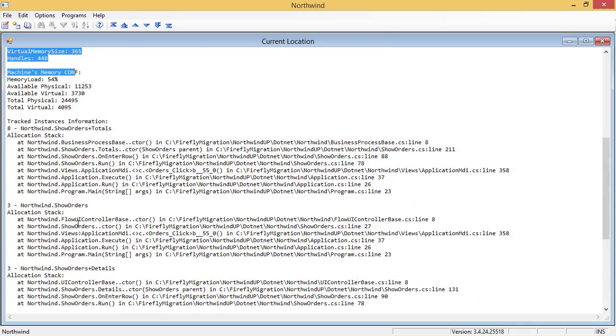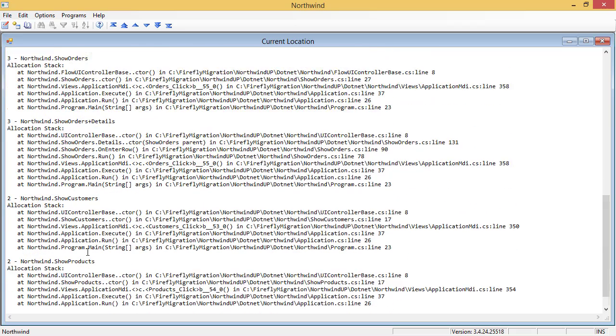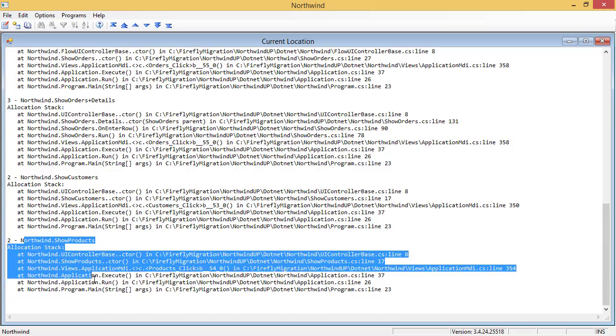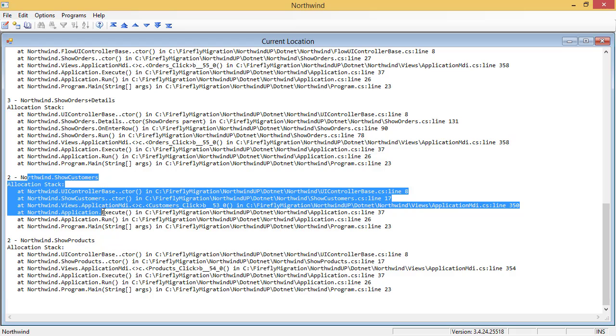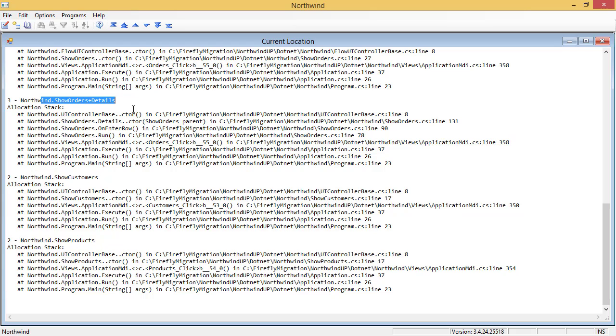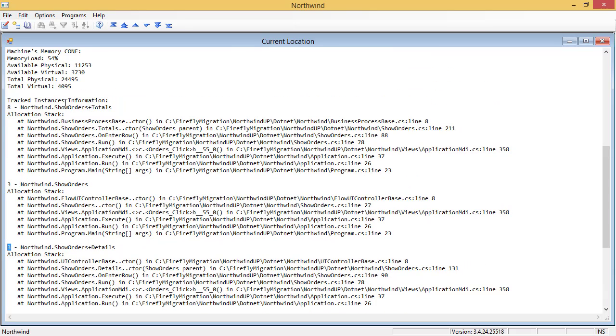We can see a set of controllers that exist multiple times. Okay, we can see the show products exist multiple times, the show customers exist multiple times, the show order details exist multiple times, 3 times, and the winner is show orders totals that exists 8 times. Okay, now, great. So to get this to be a good bug report, we'll close the application,